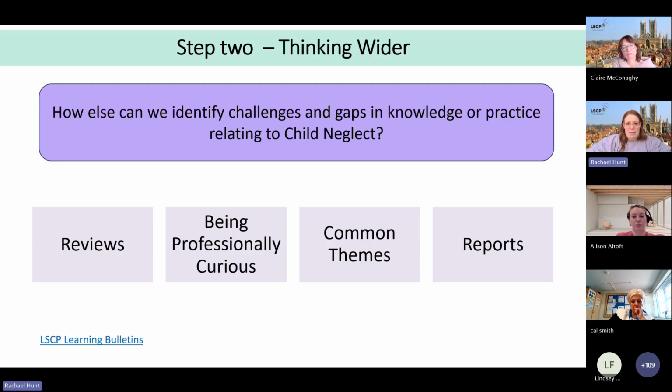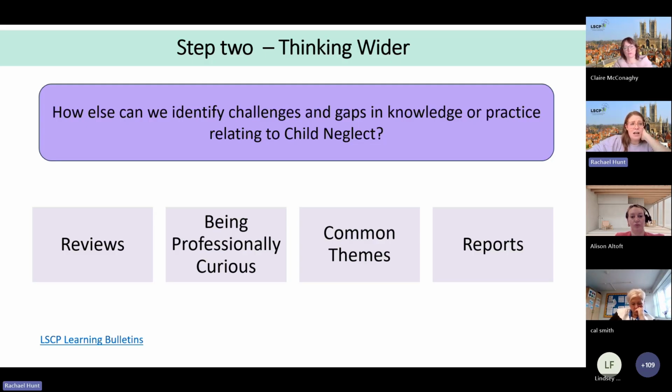As we always hear, another common theme, being professionally curious. So again, using the scales to explore things from a different perspective is really useful. Always thinking about, what's going on for the child, what's going on for the family, but would also encourage you, if you've not seen the professional curiosity resource pack that we have developed, I think it's been around for a number of years. We will be reviewing it soon to update it, but that is also aimed at utilising the tool in discussions. So it's got case studies, there's key questions you might encourage your staff to be thinking about. So again, would encourage you to think about maybe incorporating that into some of your conversations.